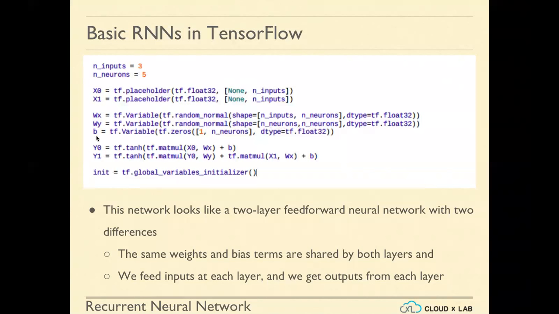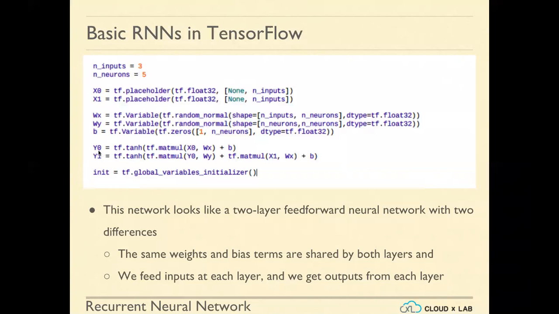Then we are defining a bias, which has 2 dimensions: 1 row, and as many columns as the number of neurons. So this bias is added per neuron. Now we have defined Wx, Wy, and b. The initial value of the bias is 0, and then we are saying Y0 equals